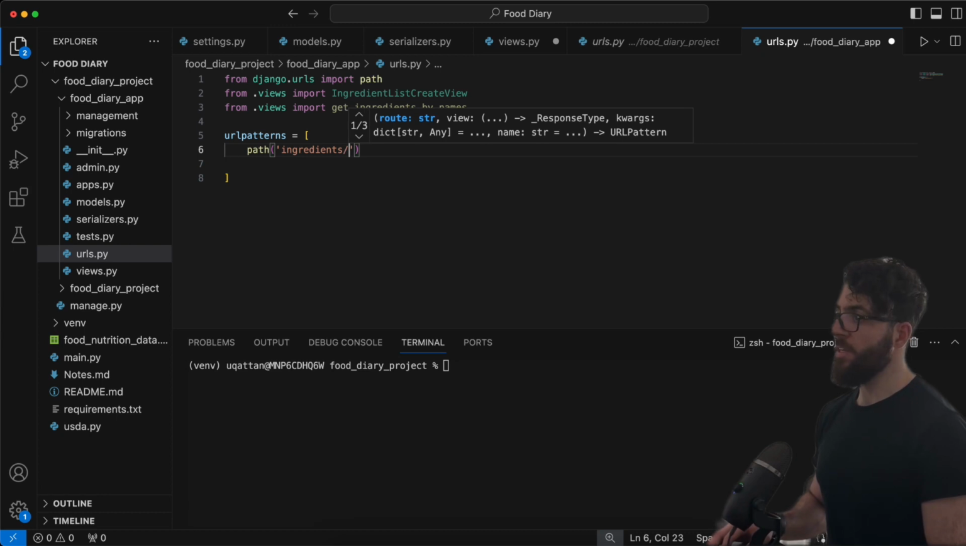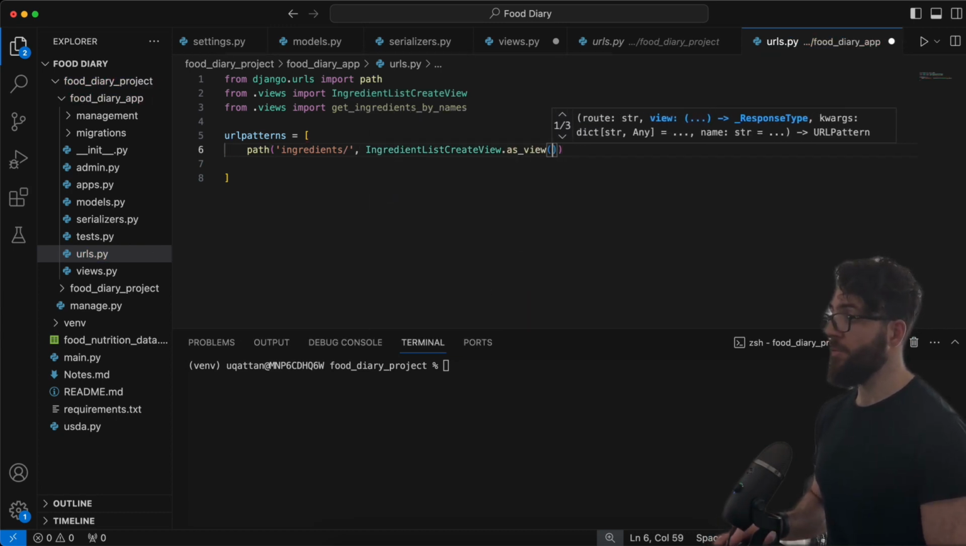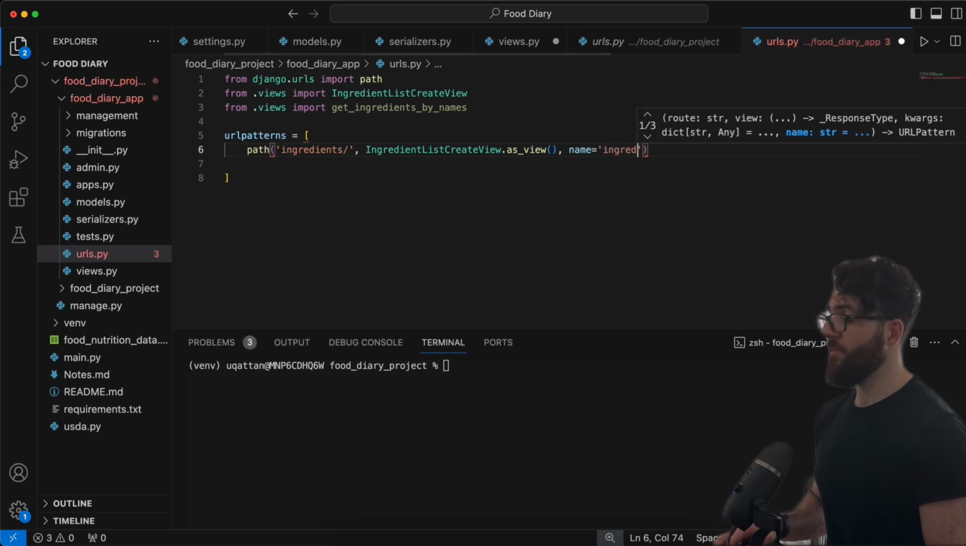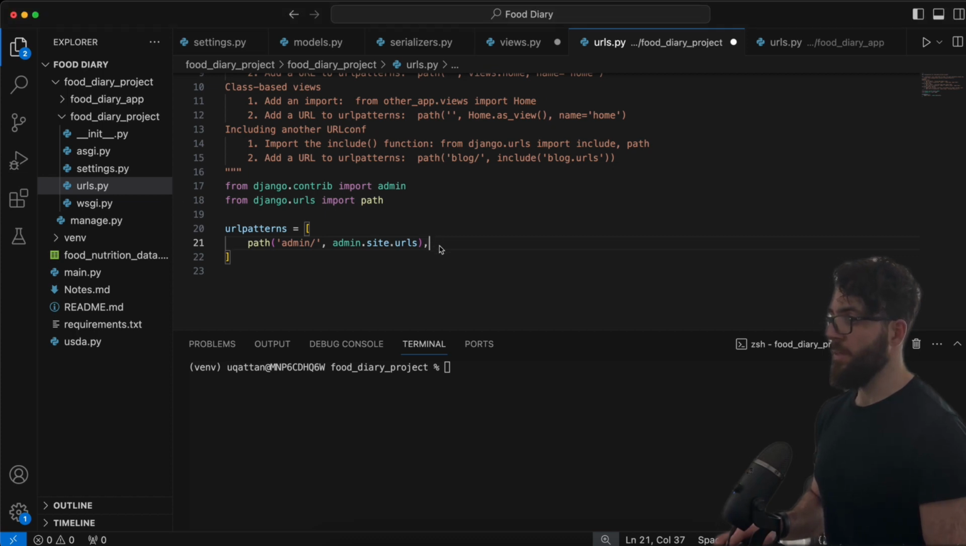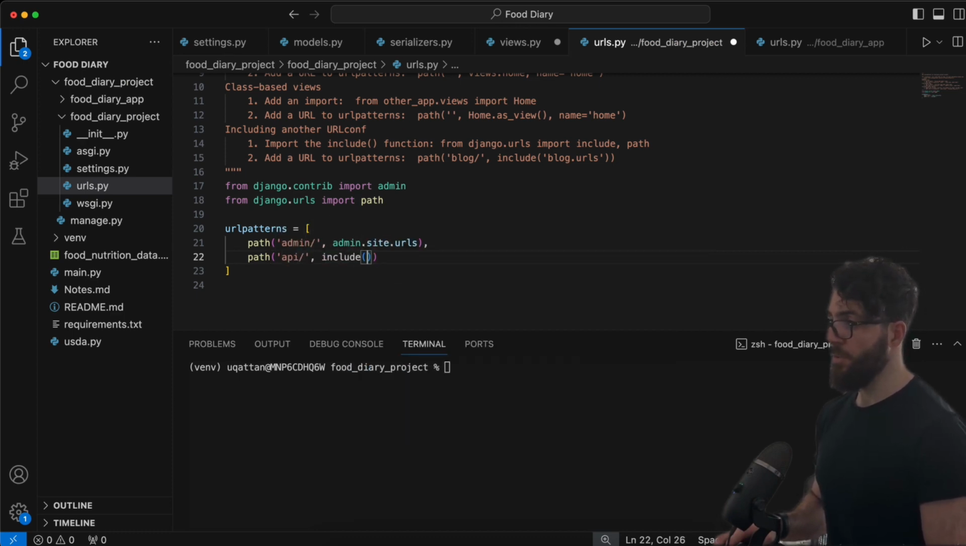So we'll create a URL patterns and pass an ingredient slash, and the name of it will be ingredient list create. And so we'll go to our main app and add this URL pattern that we just created. And we're going to set it at /API. So it'll be API/